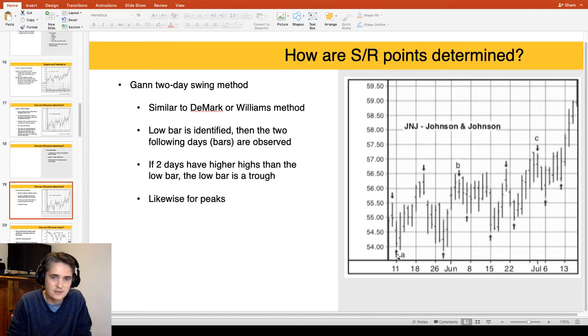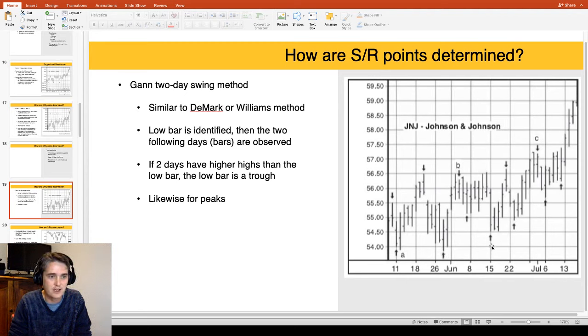I'm going to use this example here. We have a low bar, but with this little arrow here, the next one has a lower low, so that doesn't count. All right. Then this little arrow that we have got going here looks like it might be a low bar and a support level around this 54 level. Let's have a look. We have a higher low and a higher low on either end. Yes, we do. So now we need to observe 2 consecutive days. We're going to count this one as the first one. So number 1, yes, a higher low. Number 2, yes, a higher low. Okay, cool. That is a support level according to this method.